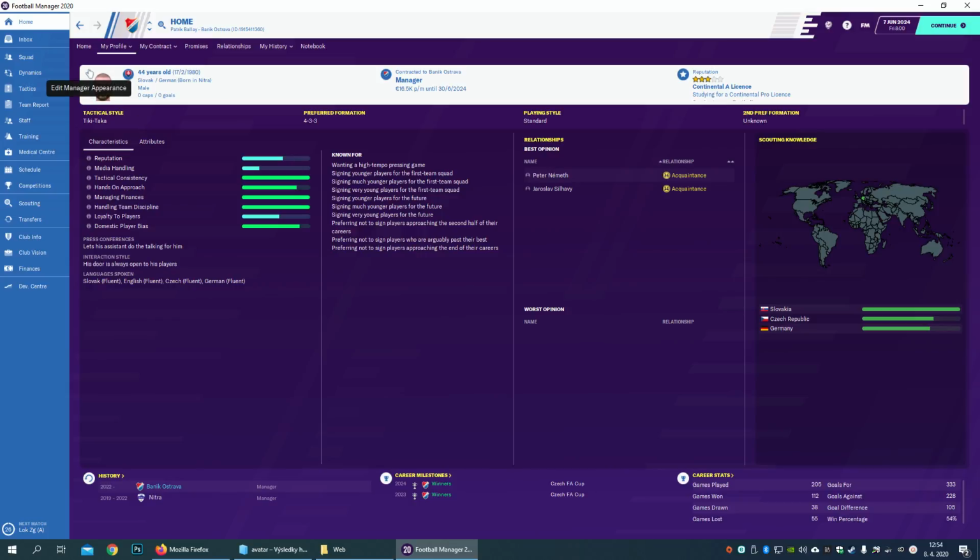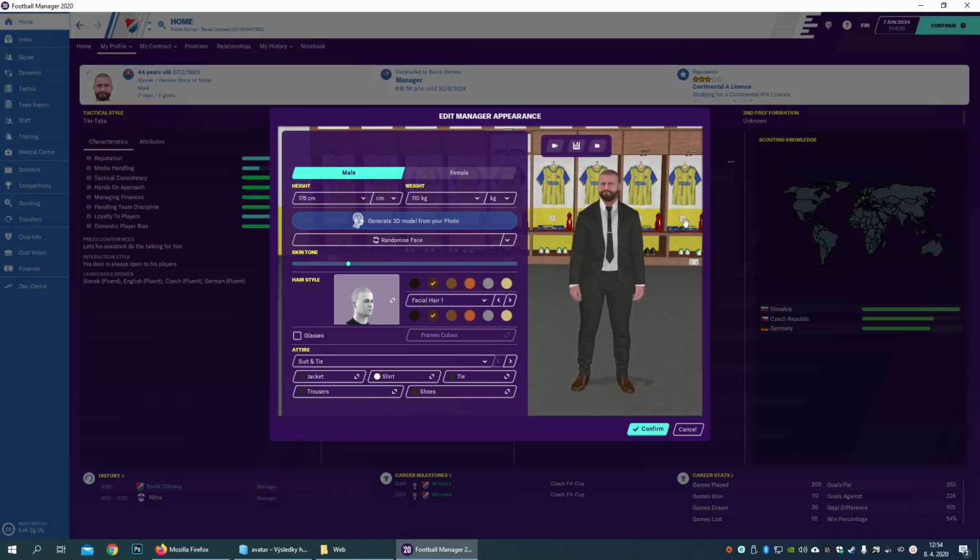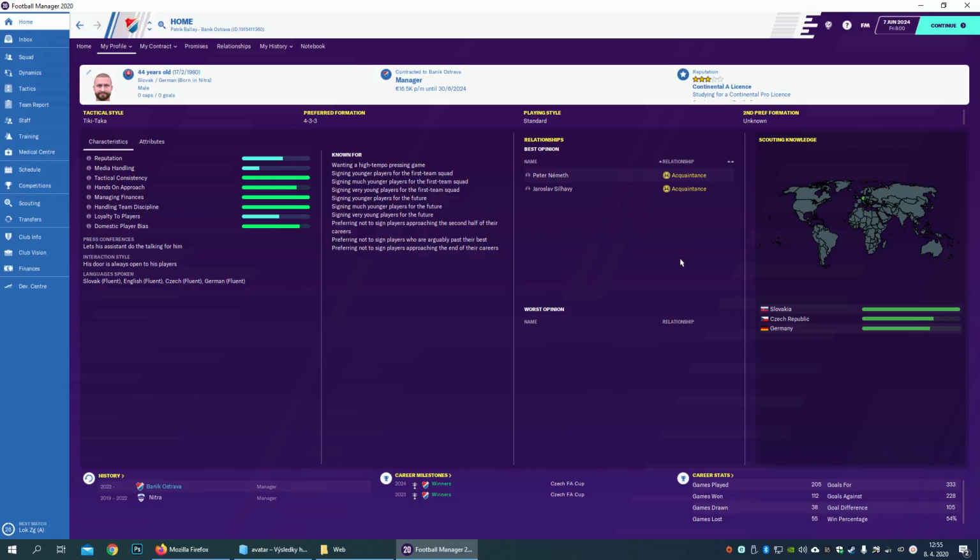You can also go to this edit manager appearance button, then you see the manager itself, how he looks. You can now adjust if you want to change anything here and hit confirm. So to change your silhouette of the manager or the 3D model of him in the 3D game. But when you want to change this small picture which appears in the news or on your profile,